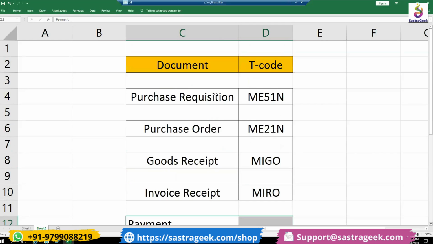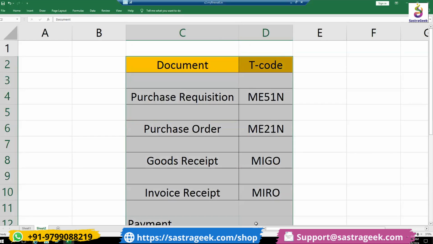Okay, so this is how the end-to-end P2P cycle runs. Does anyone have any doubts on this? Okay, so let us go back to,